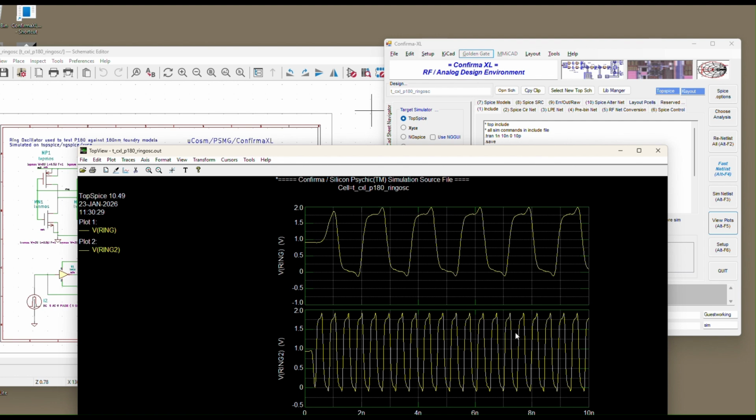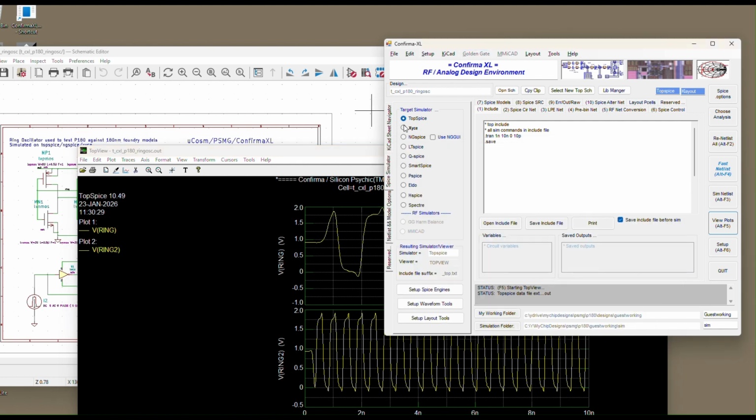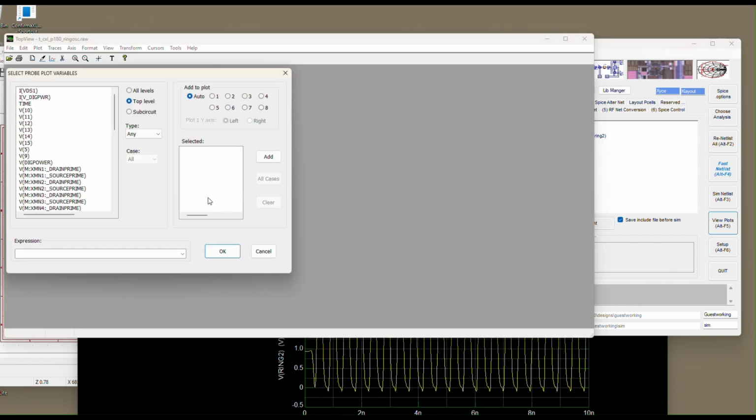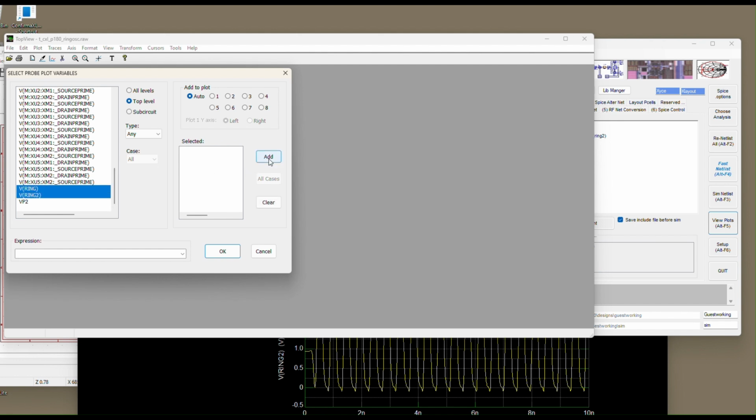So they're both 5-stage oscillators. So let's leave that there on Topspice, and we're going to simulate with Xyce next. So I switched over to Xyce, going to hit simulate. So Xyce has just run there, view plot, and I'm going to move down here, ring to, let me see